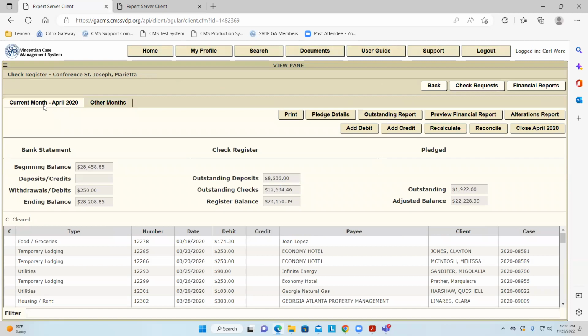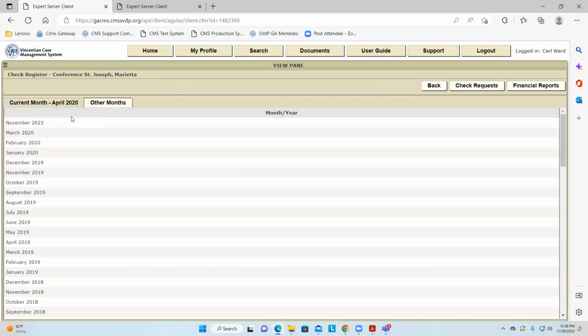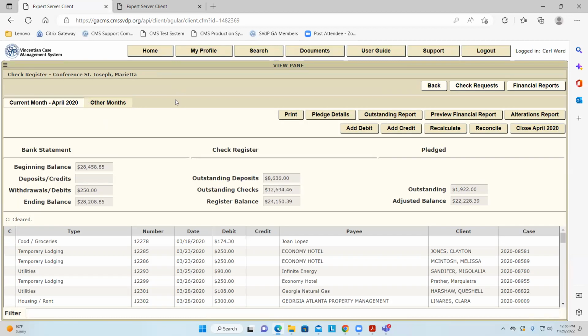So that's the two. It's very possible that at the end of the month, and this is the end of the month in November, you're going to have November open and you're going to have December open. December is going to appear as an open month here because the treasurer hasn't closed November yet.